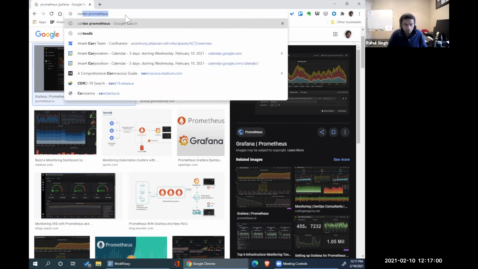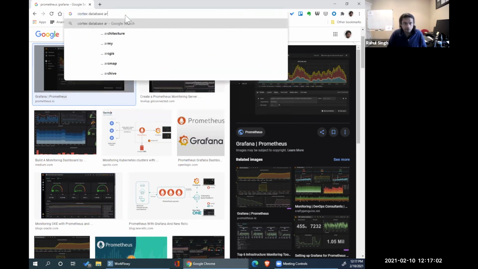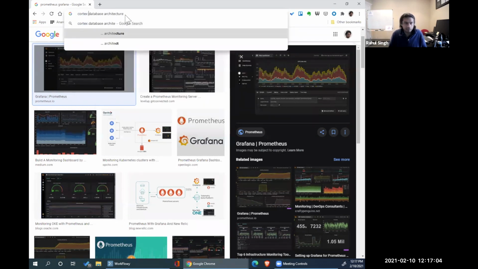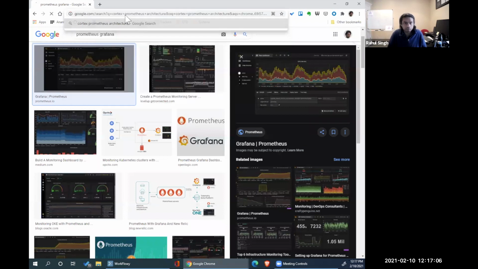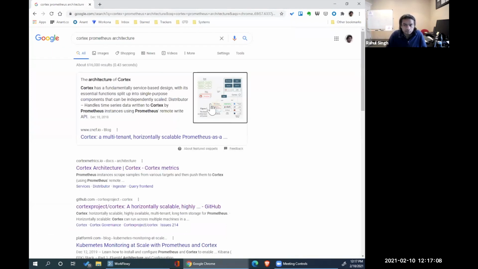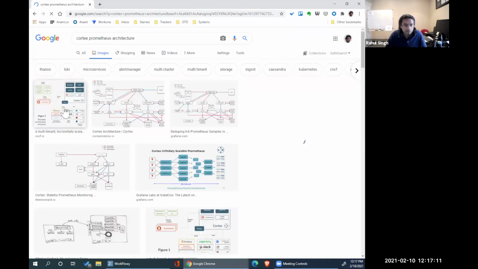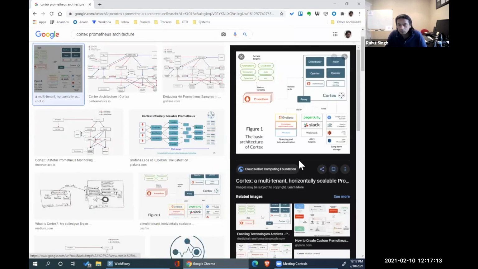So Cortex database architecture, if we take a quick look at it, Prometheus still exists, right? It's still going to be there. But generally what happens is,